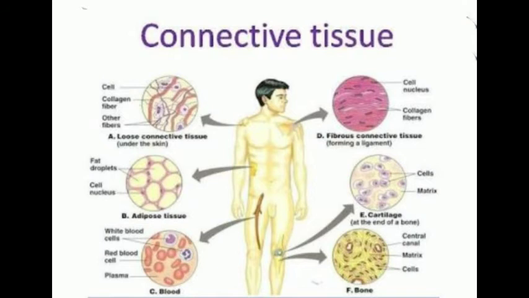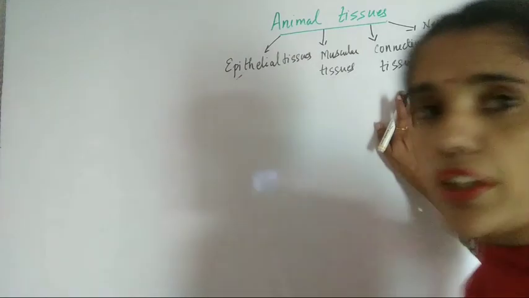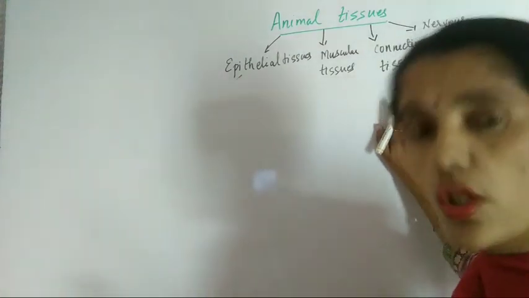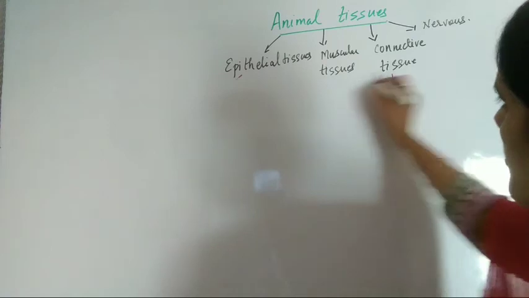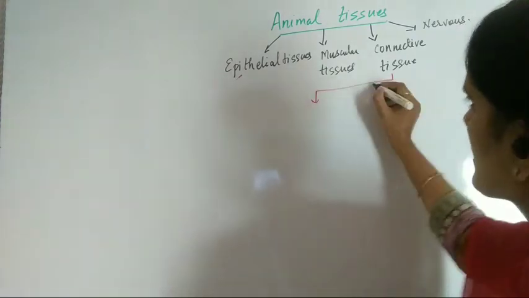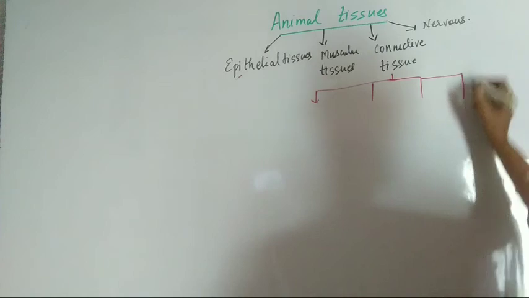Connective tissues, they are mostly composed of protein. Connective means they connect or join one tissue to another in the organ. They are a supporting framework for the body. In many cases they protect and clean the body also. They store fats, so they perform different functions. In connective tissue, I've told you it may be fluid or dense connective tissue. So on that basis, it is divided into different types.